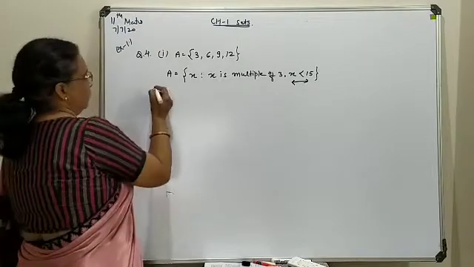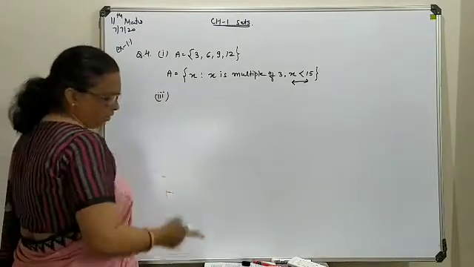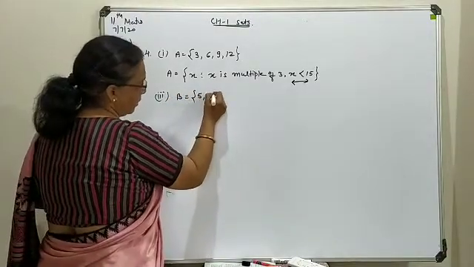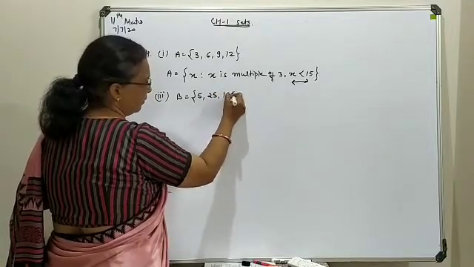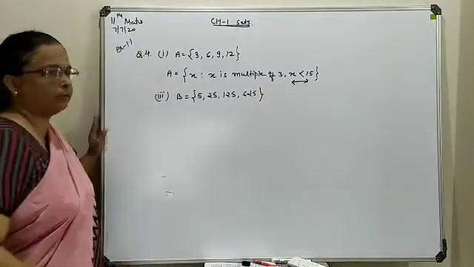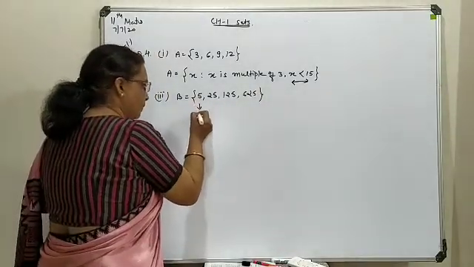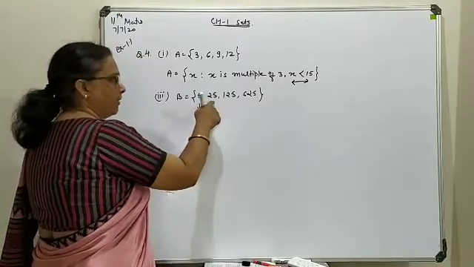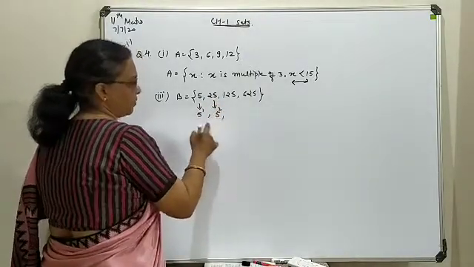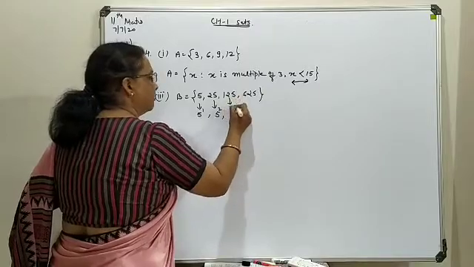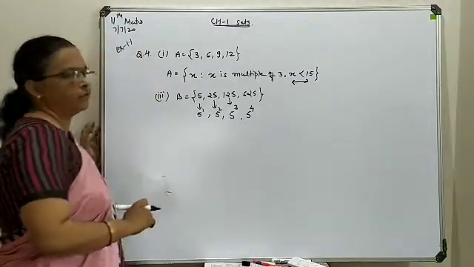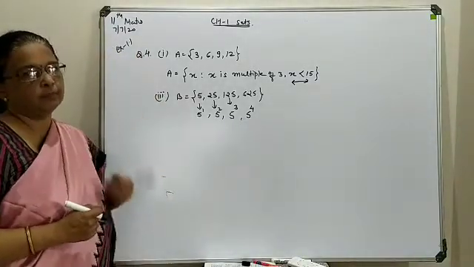Now just for example we take one more, that is the third part, in which your set is available as B equals 5, 25, 125 and 625. Now if you look at these 4 elements, you can find this is 5 with power 1. Here everywhere the base contains 5 only. The second one you can write as 5 with power 2, that is 25. This you can say 5 with power 3. This you can say 5 with power 4. So we have a standard format in which the power of the base 5 keeps on increasing.